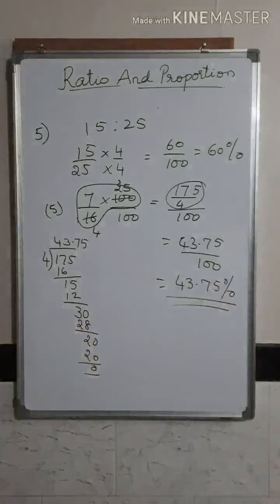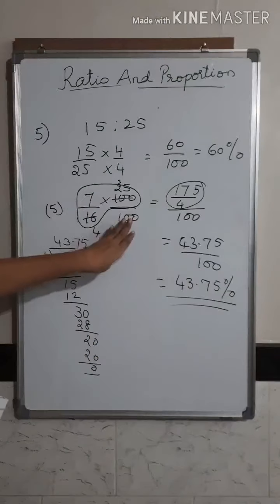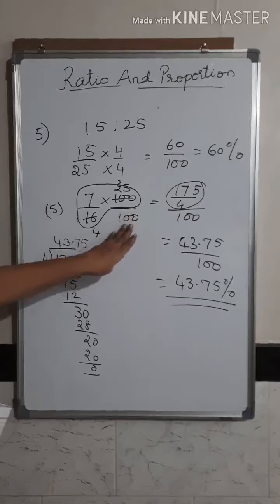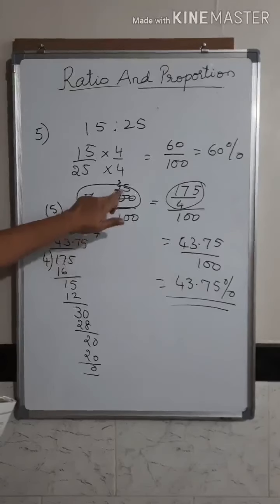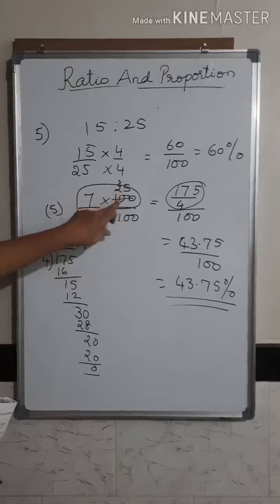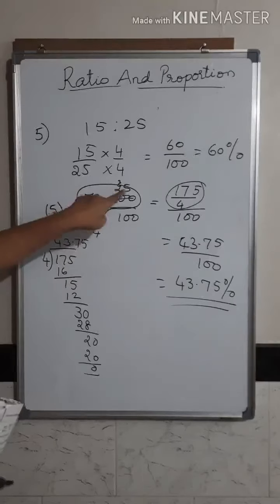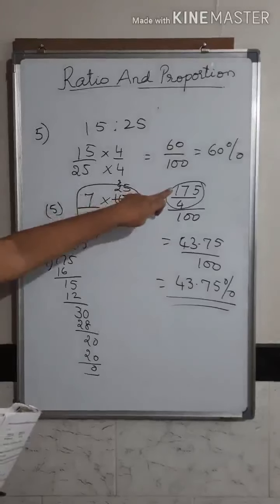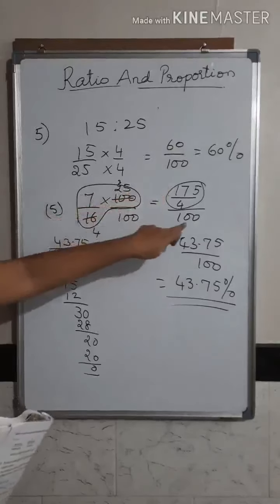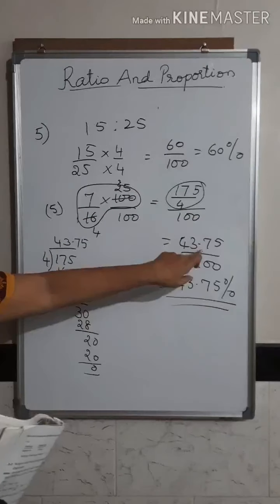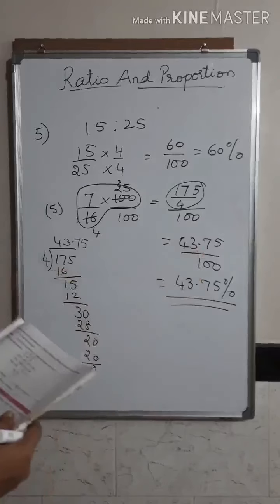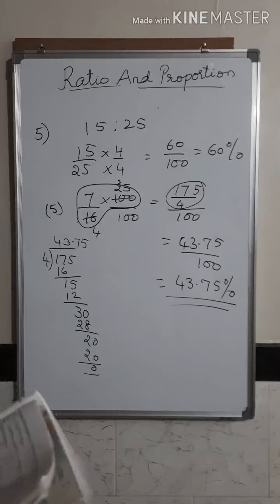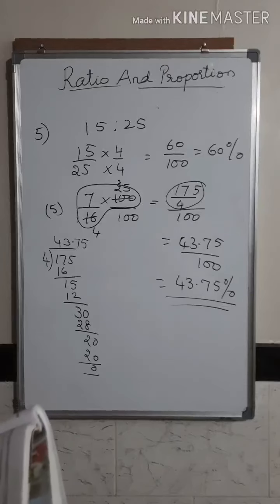So first what you have done, you have multiplied and divided by 100. This 100, because to convert in terms of percentage you need to have a 100 in the denominator, is placed as it is. Only this I have simplified. 4 4s are 16 and 4 25 times is 100. Next step, I have multiplied these two. 25 into 7 is 175 upon 4, and this 100 is written. Then this is divided, you get 43.75 upon 100, which is written as 43.75%. And the last problem from this practice set 4.1,